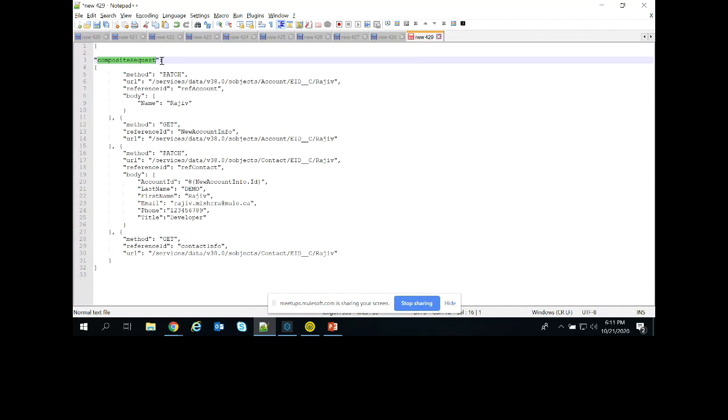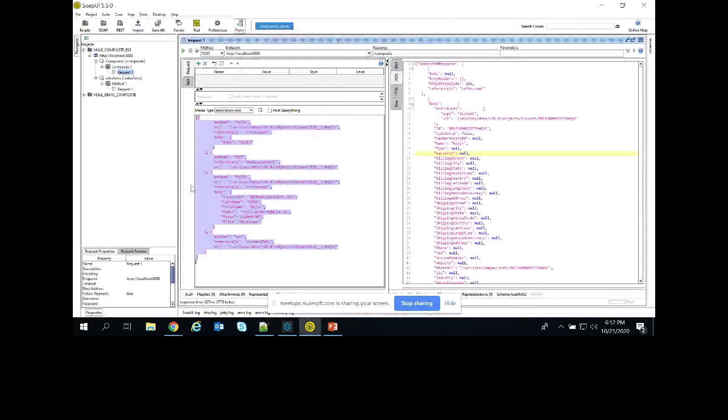This particular thing is handled by the Mule connector, the Salesforce composite connector that we have. The parent element will be the composite request, and internally Mule is doing the transformation using the composite request. It will create a request with the composite element, the header, and send it to Salesforce.